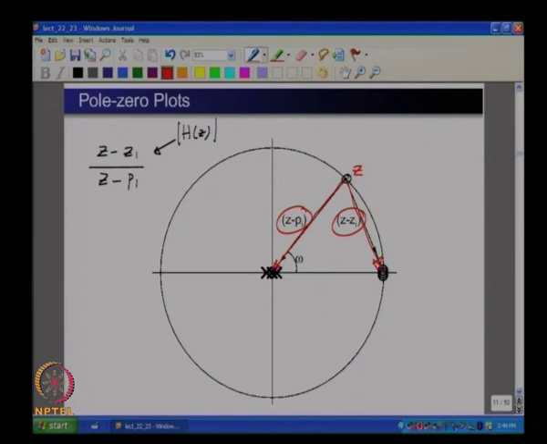Then you find the ratio of the magnitudes of the vectors going to the zeros to the magnitudes of the vectors going to the poles, and that gives you the magnitude response,